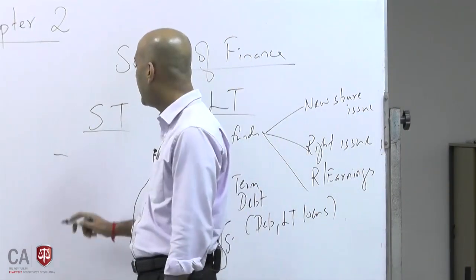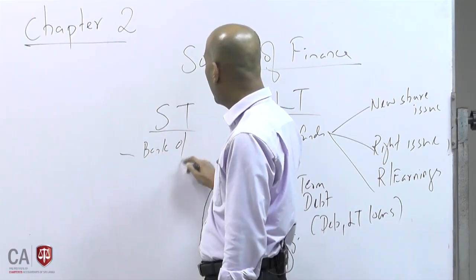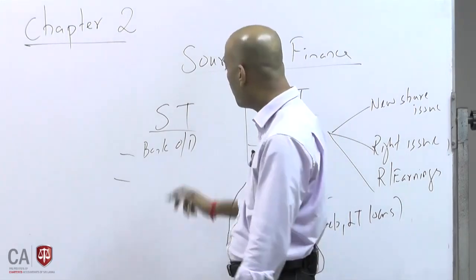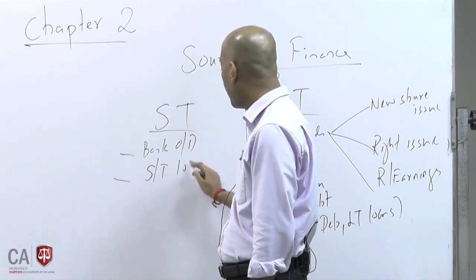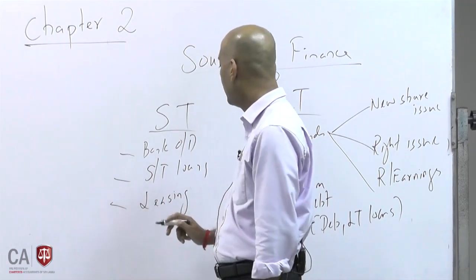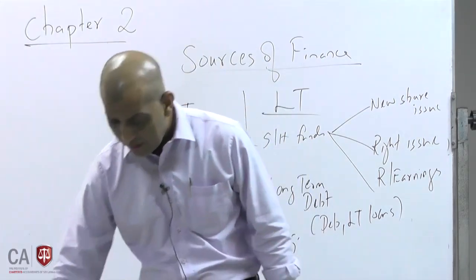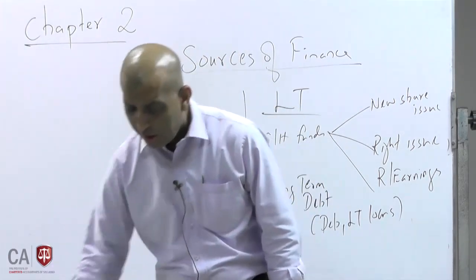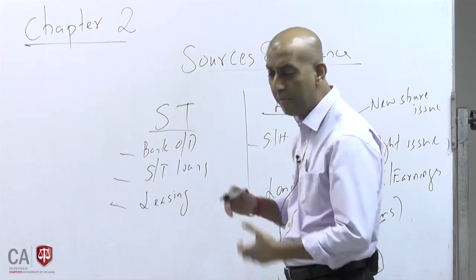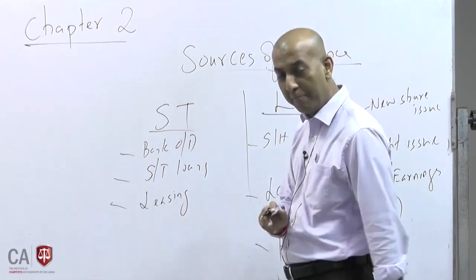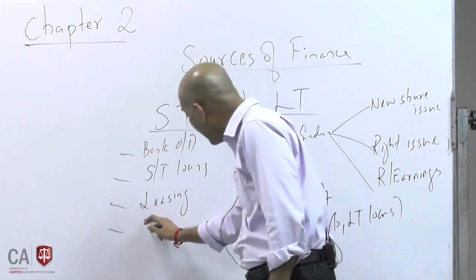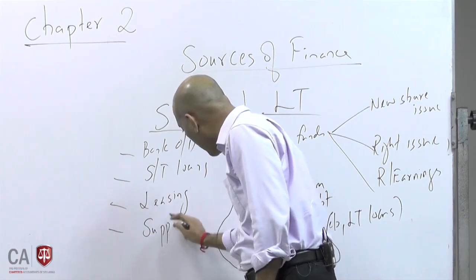Short-term, you might see bank overdraft. The organization has a bank overdraft. For running purposes, for working capital management purposes, you borrow through bank overdraft. And you can take short-term loans. Then you might go for leasing. It's actually a short-term source, because you are not dependent on the long term. You may decide that in between you don't want to continue, so that's for short-term purposes. Short leases. Then you will see that even trade credit, your supplier credit